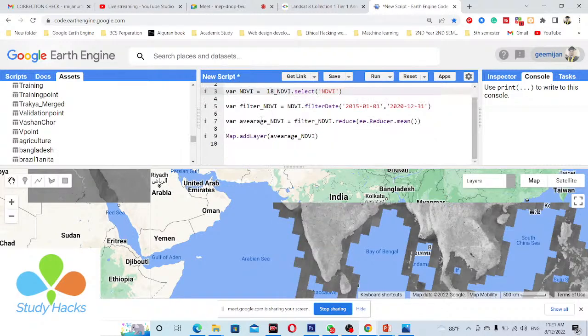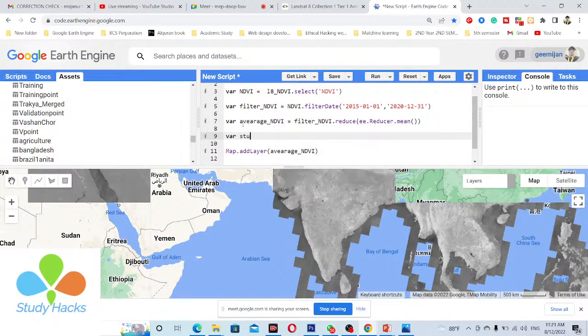This time you can see this average NDVI is showing the result for the whole world. But I don't need the whole world, I need only my country, Bangladesh. So I use a function. I take a variable and give the variable name, suppose, study area, and then I call the average NDVI and paste it here.